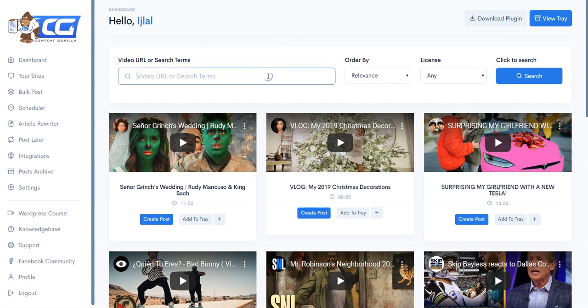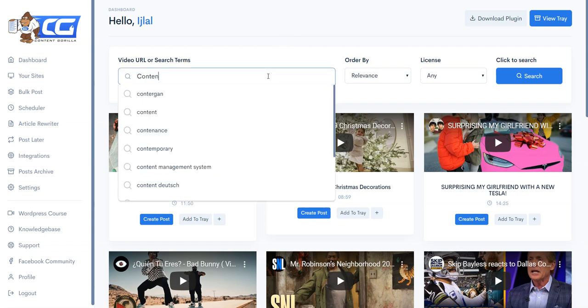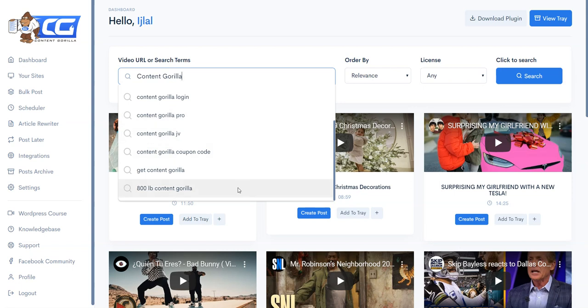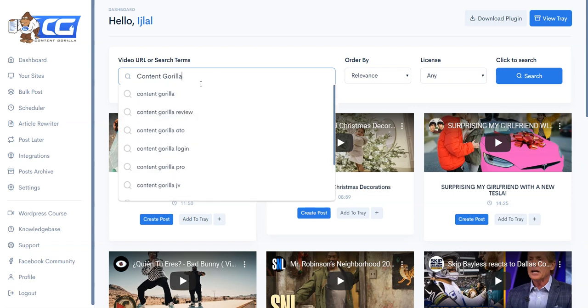Now, whenever you go into, say, the search bar, you're going to get suggestions regarding whatever keyword you're typing. And these suggestions are coming straight from Google. So they're going to be highly relevant and things that people are actually searching for. So you can generate more content ideas with this. So that's the